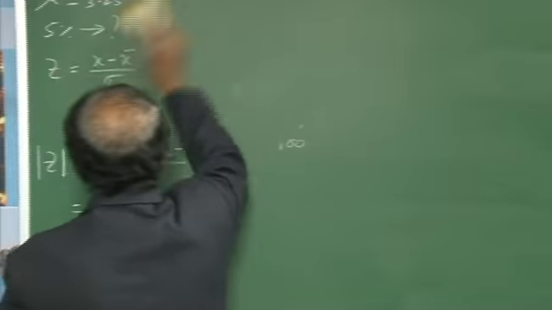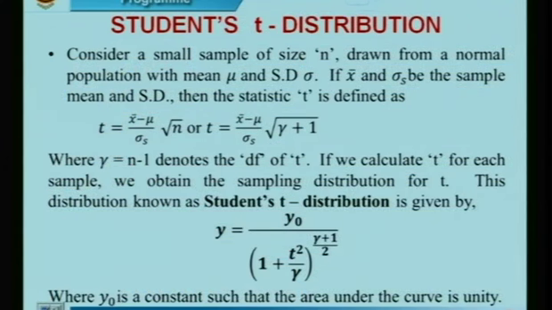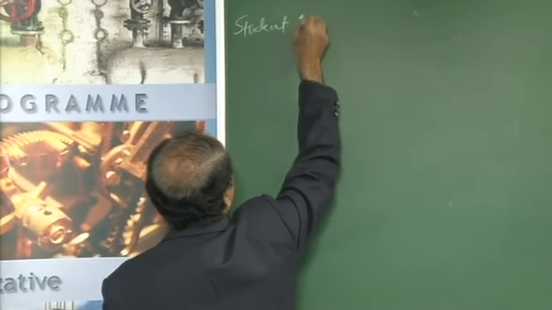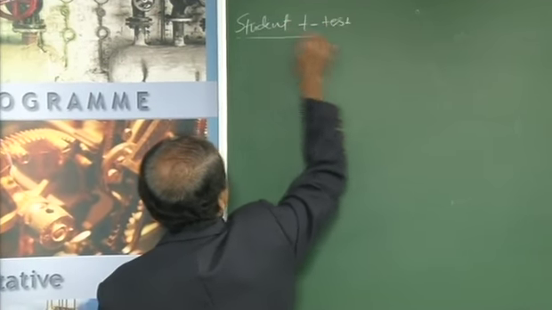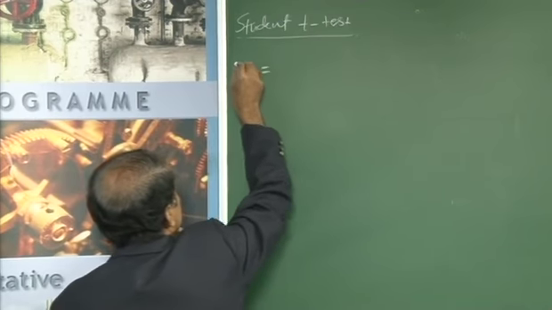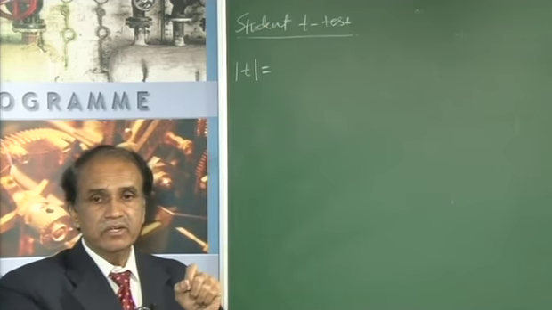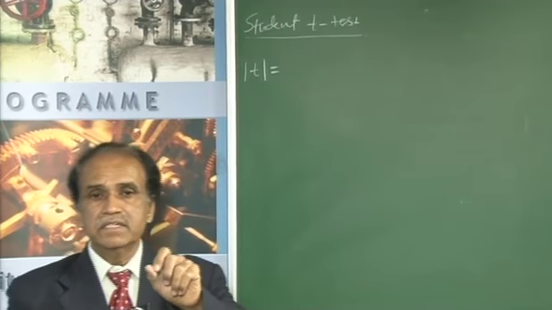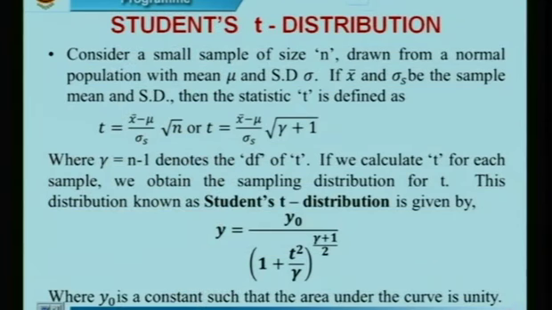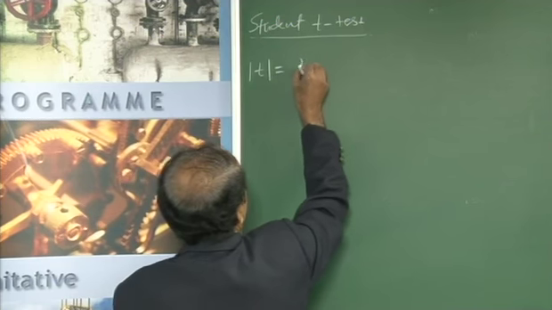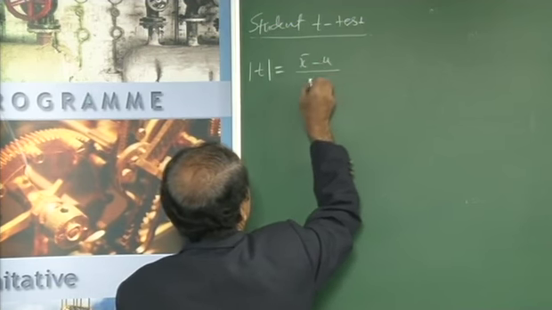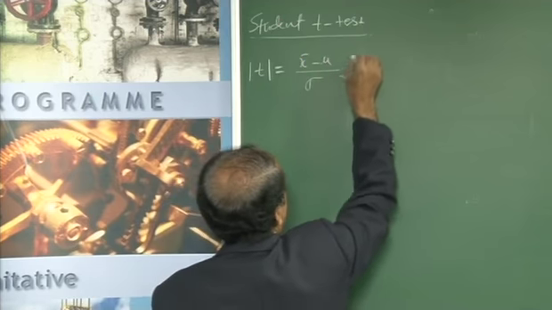Let us discuss what the properties of this Student T test are and how this equation is going to be applied in various situations of this sampling theory. That means Student T test, the expression I am taking directly, should be taken under modulus, because in some calculations you get a negative value. Since T is representing the magnitude, we measure it in terms of the positive sign. Therefore, it is x bar minus mu divided by sigma and square root of n,